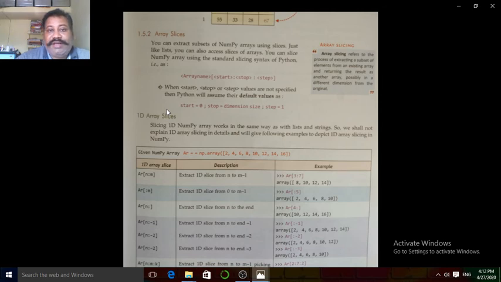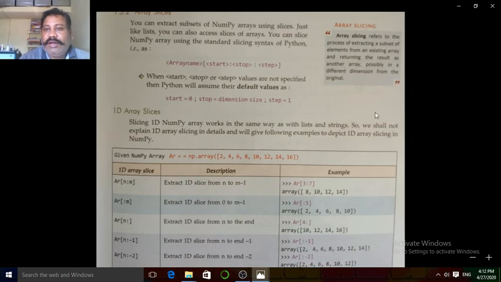The syntax in Python for slicing the content is array name, start, stop and step. The definition of array slicing is that it refers to the process of extracting a subset of elements from the existing array and returning the result as another array, possibly in different dimensions from the original. Means from the original array we can extract the subset of the content.